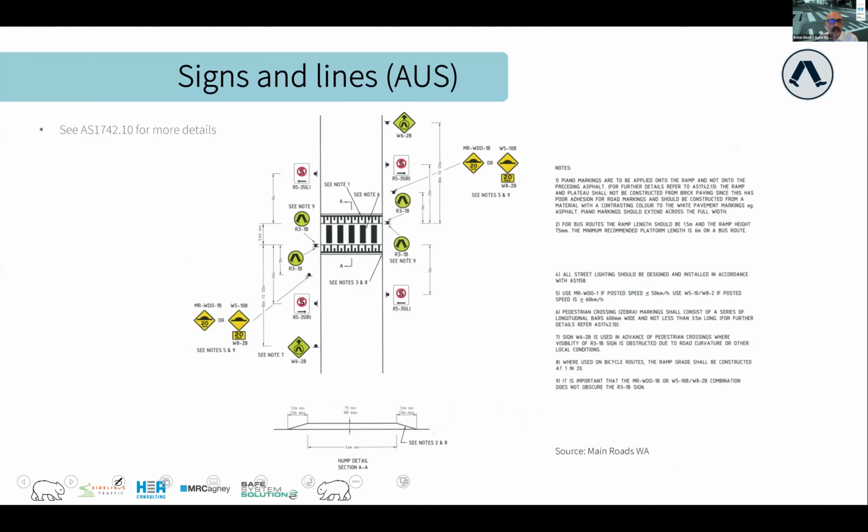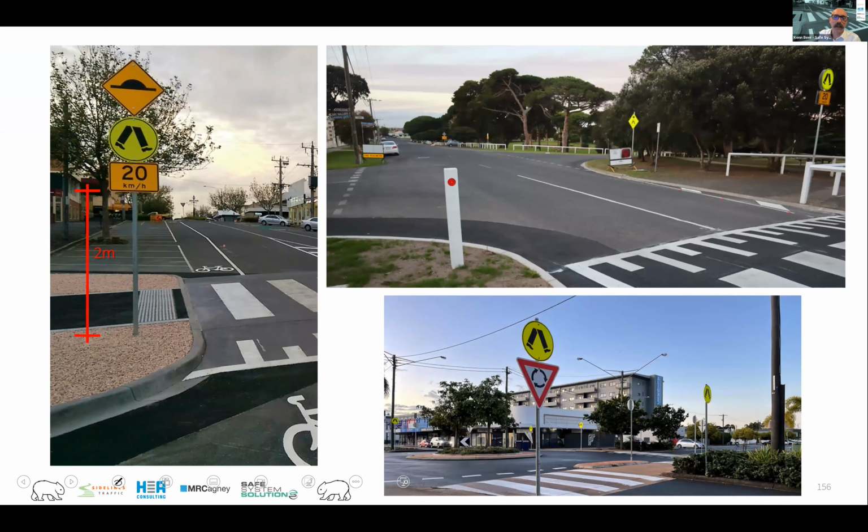Last couple of minutes, signs and lines. I don't need to spend long on this because for the Australians, 1742.10 has a really good diagram from Main Roads Western Australia that shows how that lays out, and it's pretty great. And you just sort of follow that. It works really well. Think about your height there. Think about if you don't have great vision to the crossing, you do advanced warning signs of the crossing,